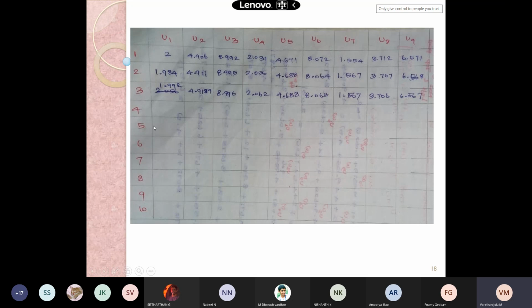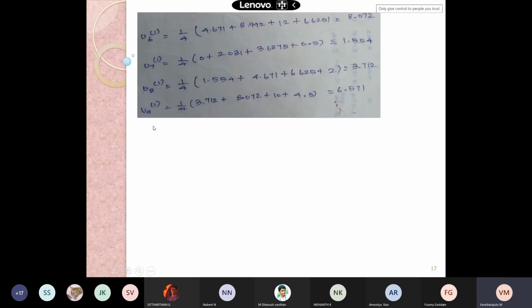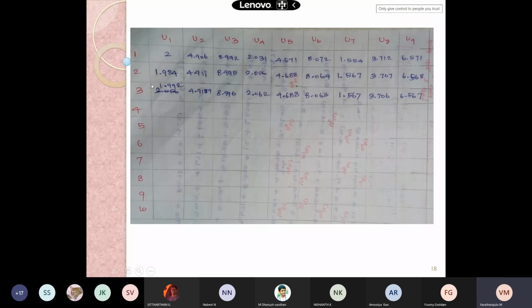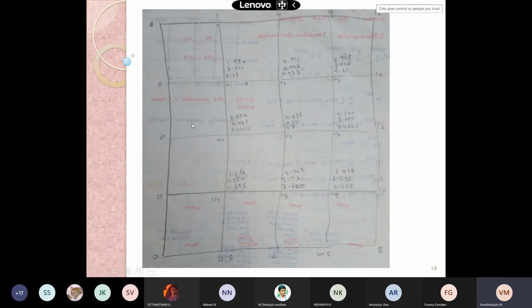This is your second and third iteration. What we did here is the first iteration, and here I have continued the problem with the second and third iteration. You try to calculate the second iteration cells and third iteration cells. This way also you can reduce your hectic. This is the zeroth iteration, first iteration, second iteration. Don't depend on this table; you try to build like this and then calculate.